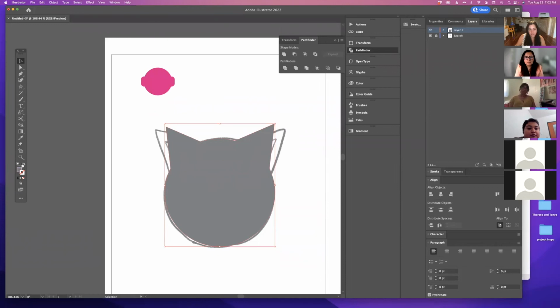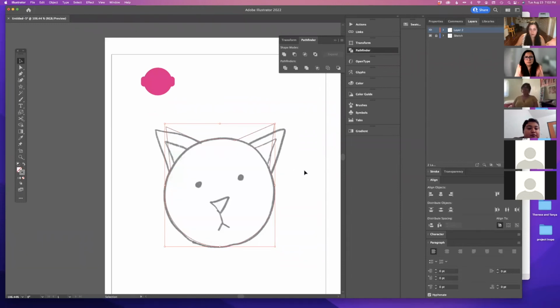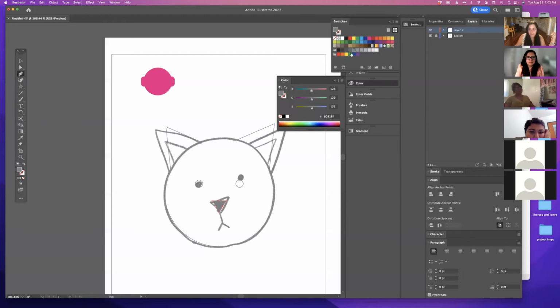So then what I usually do is just change my color to outline while I'm drawing the rest of my object. And I'm going to make it real simple. I'm going to make 2 eyes. I'm going to go back to my triangle tool, and I'm going to make a little nose. And I'm going to rotate that nose. And then I'm going to get the pen tool. Let's see, let's make this nose, since it's on the top, I'm going to go ahead and color it in. I will make it pink.